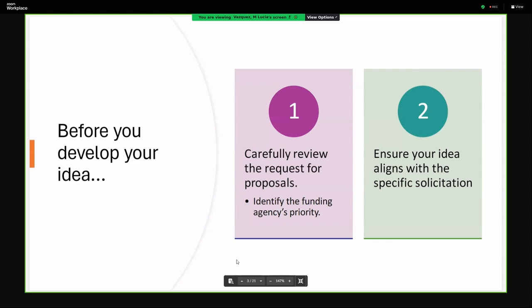Something you need to keep in mind as you start developing your grant proposal is to look at the request for proposal. That's the document that says there is this grant available. Go back and look carefully at what they want to fund, because your idea should match those specific requirements. You need to make sure it aligns